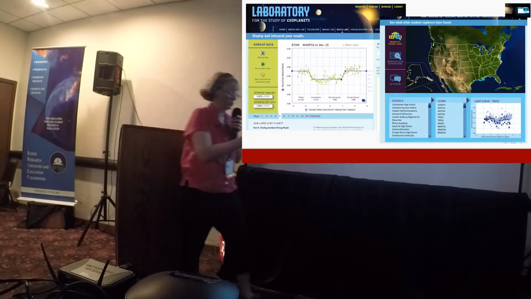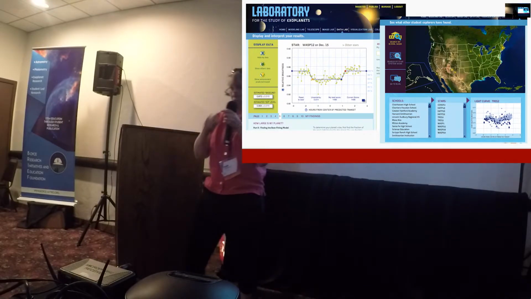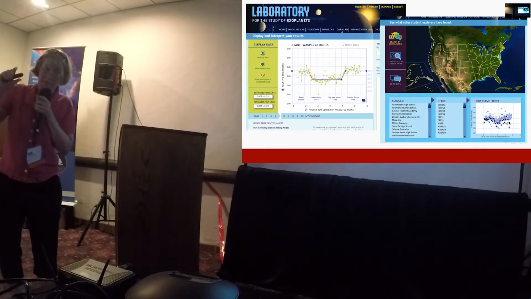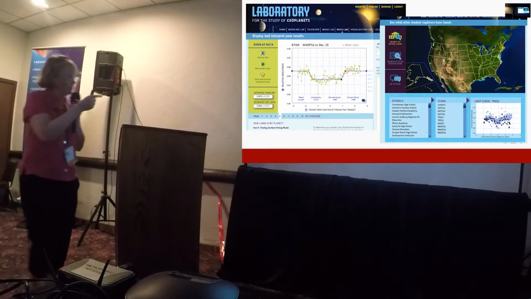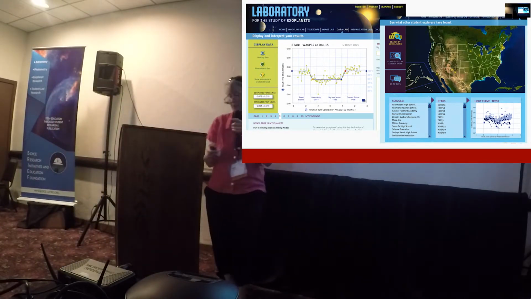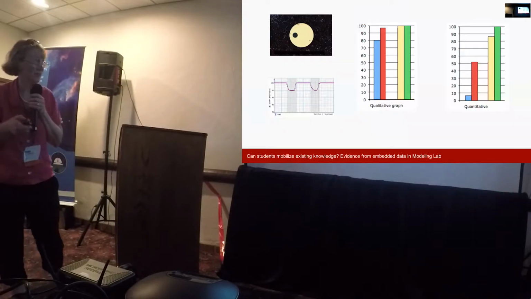There's a modeling tool where you can explore the parameter space and do a best fit just with your mouse and cursor, and then compute the size of the planet from the depth of the dip. And there are other tools. I'm really breezing through this really quickly. I apologize for that, but I just wanted to give you a sense.